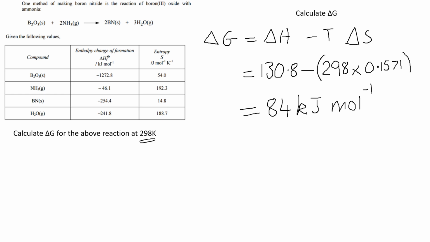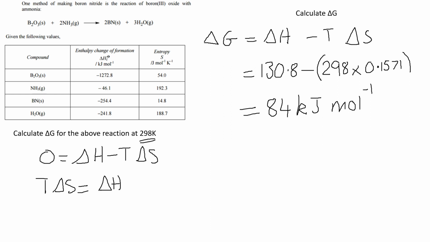feasible. Now you might wonder, at what temperature does it become feasible? Well, the point where the reaction becomes feasible is when delta G equals 0. So we could then say 0 equals delta H minus T delta S. We can rearrange this and say that T delta S equals delta H, and therefore T equals delta H